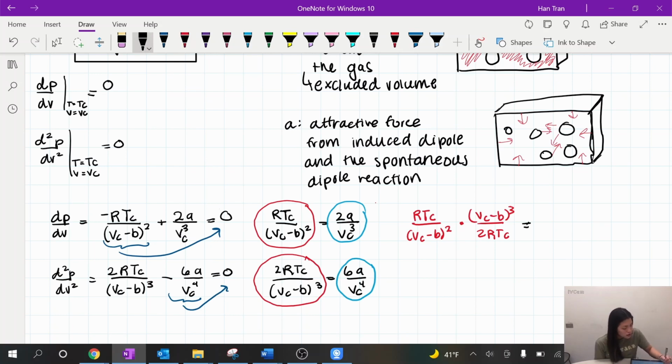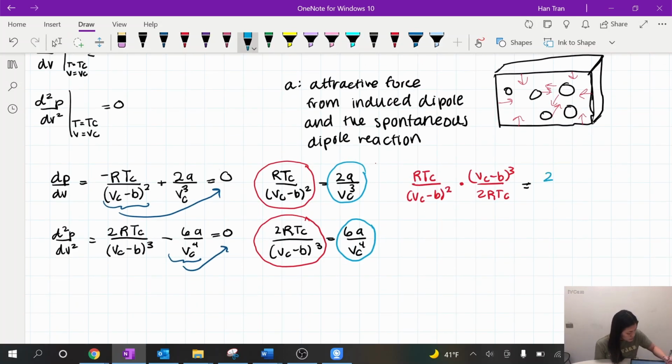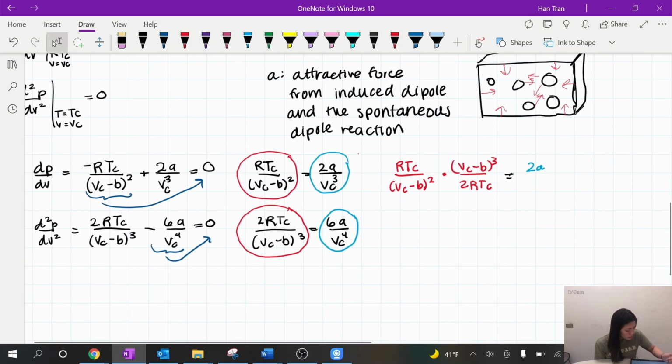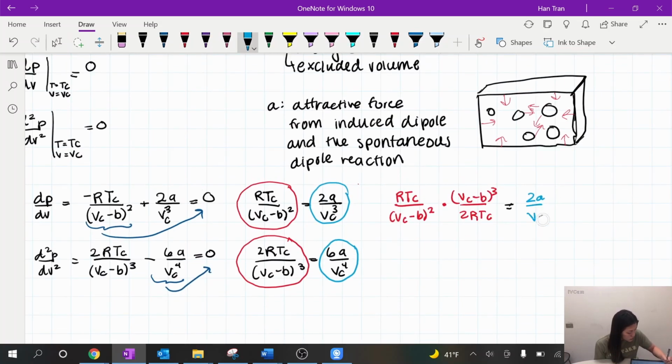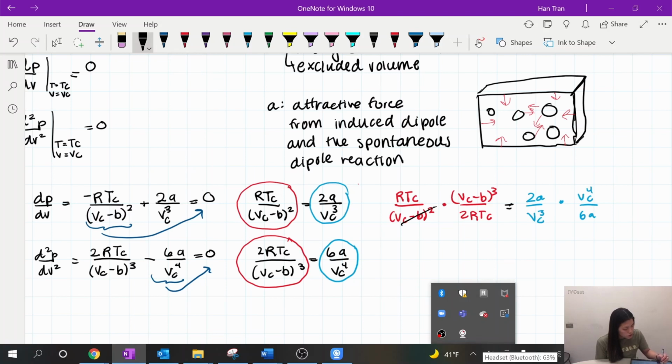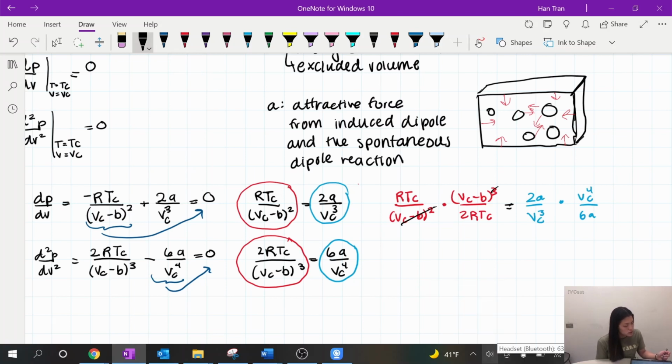And then on the right side, I am going to have 2A over the critical specific volume cubed multiplied by the critical specific volume to the 4th power over 6A. And so canceling some terms out, I am going to be left with just one quantity of the critical specific volume